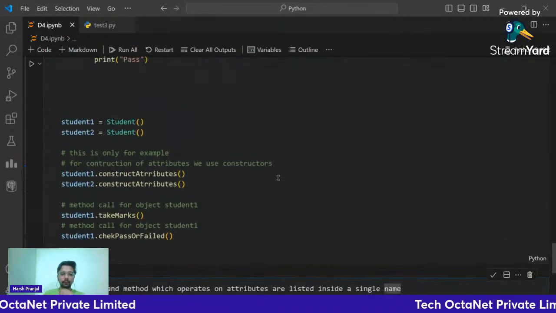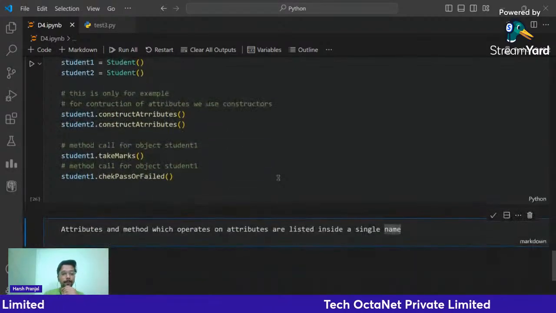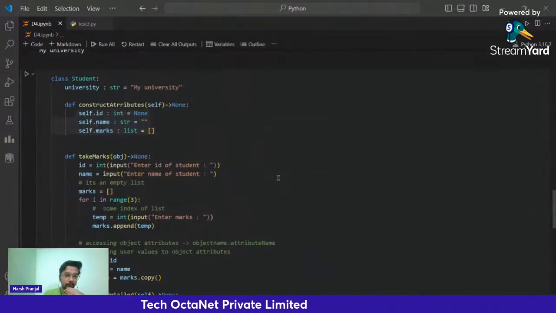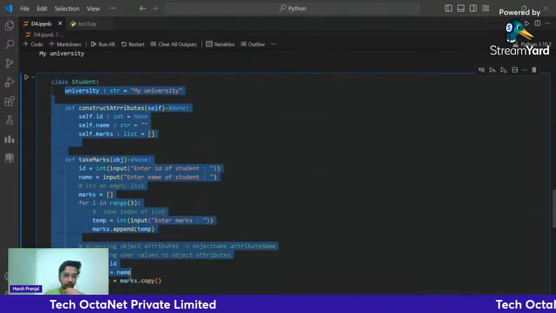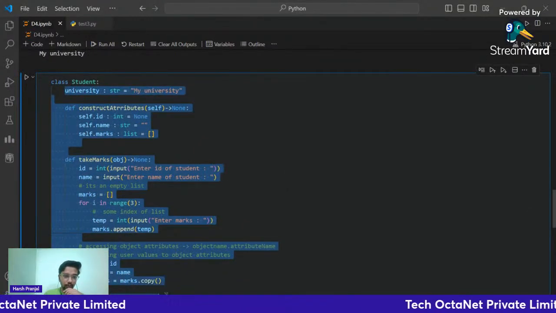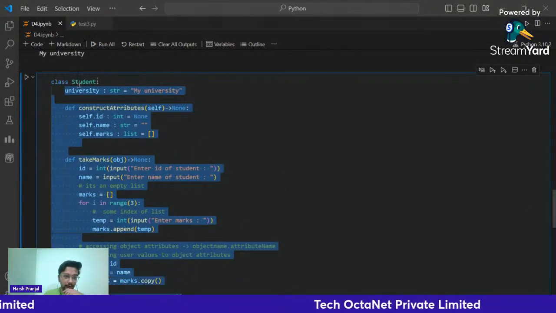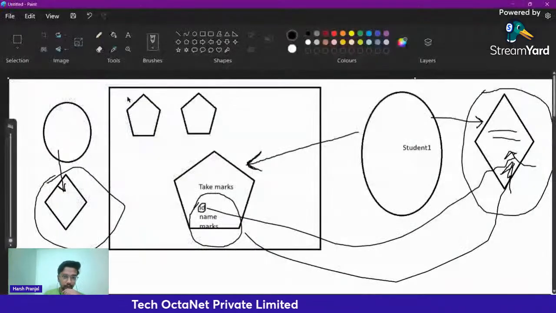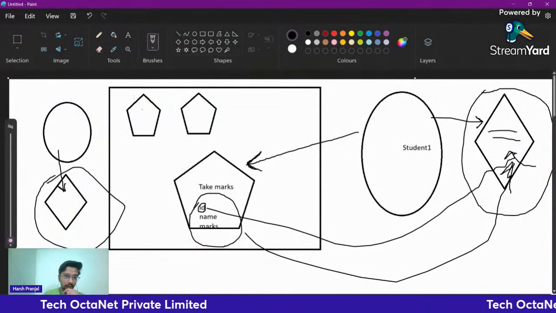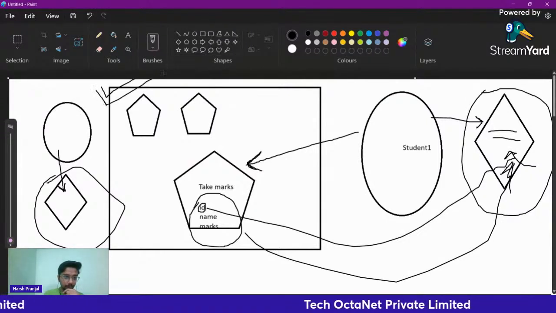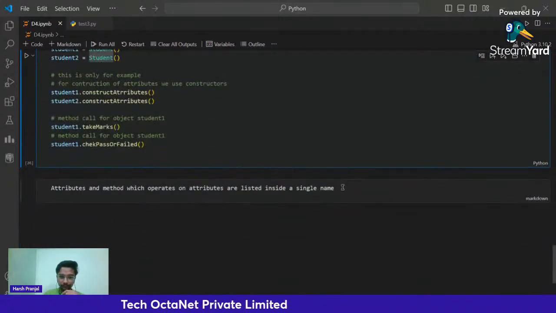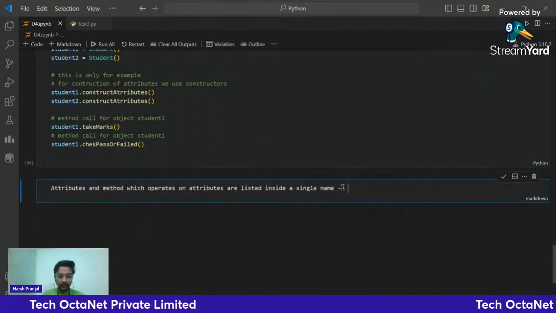See, each and every one of these attributes or methods is listed inside this class, right? Okay. See, whenever I draw this diagram, each and everything is inside this bigger box, right? So this is what is known as encapsulation,